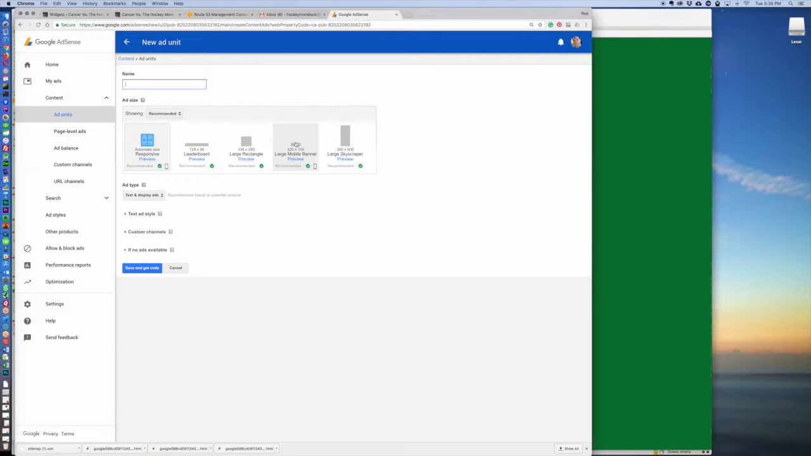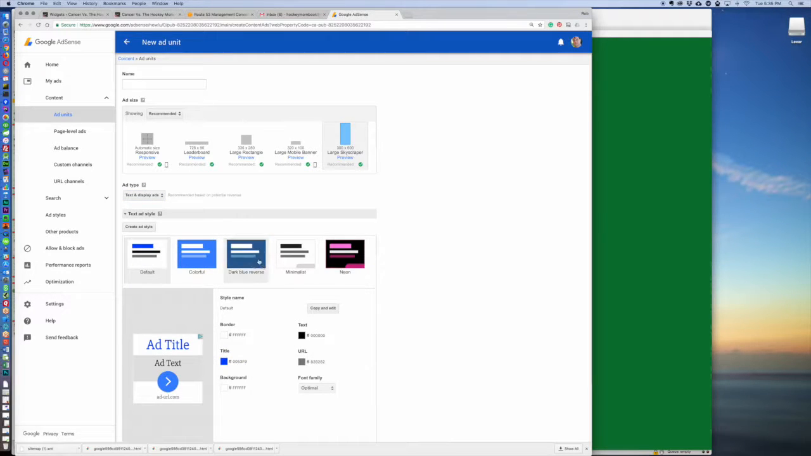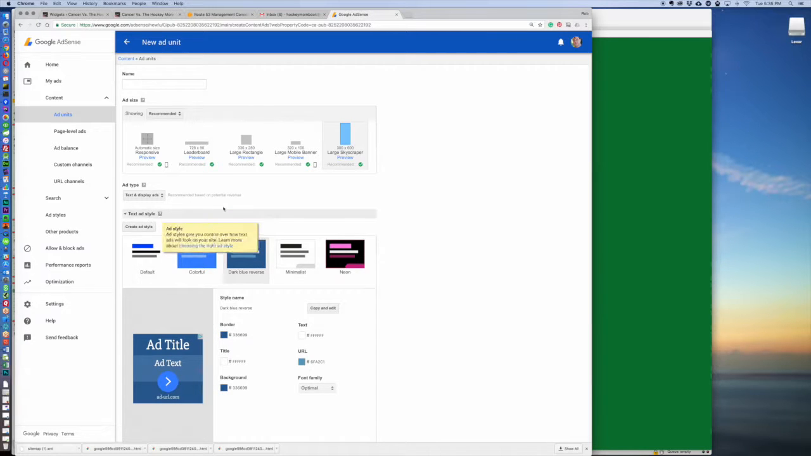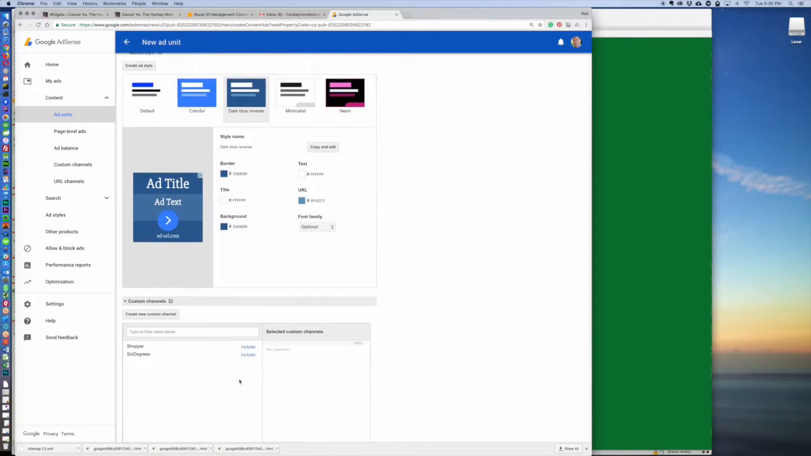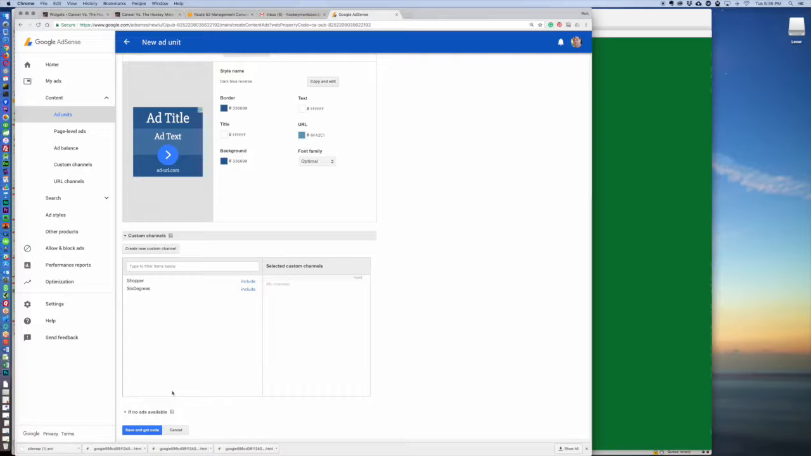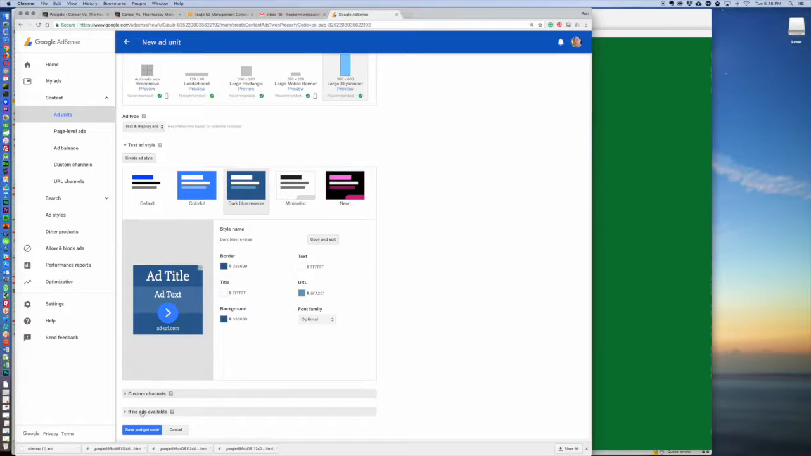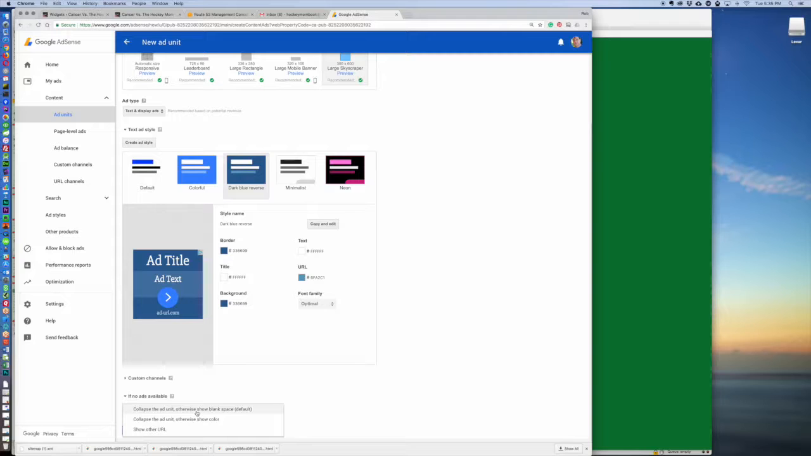What it allows you to do is pick the size. See here, you can do a banner, bottom or top. You can do a rectangular one. You can do a skyscraper. That's what I showed you from the other one. Depending on how you do that, you can do text and display or text only. I'm going to do both. For the ad style, you can give it some colors, anything that's going to give it a basic look to match the look and feel of your site. You can set up custom channels if you want to do that, but we don't have to worry about that. And if no ads are available, we're going to